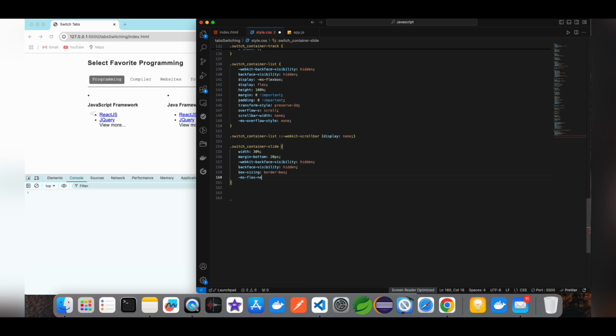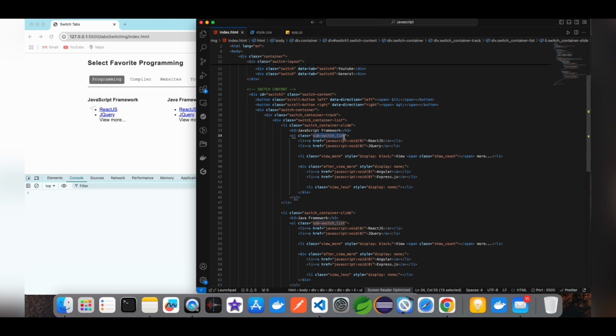-ms-flex negative is 0, flex-shrink. So these are all flex properties of CSS, I think introduced in CSS3 or 5, I don't know. Now list-style-type none. Now you can see here the unheaded part and the headed part. So position relative. Now design the UL,